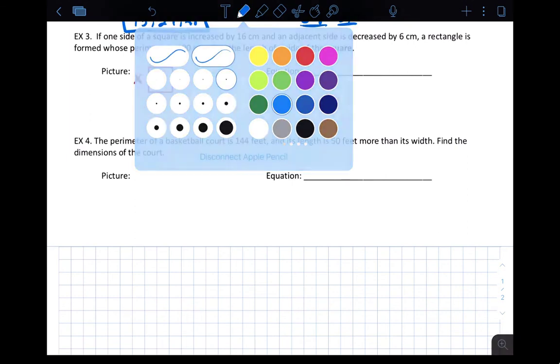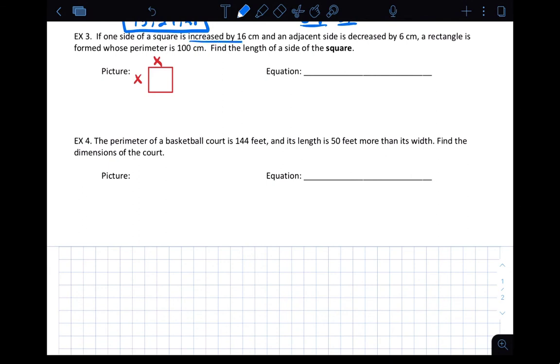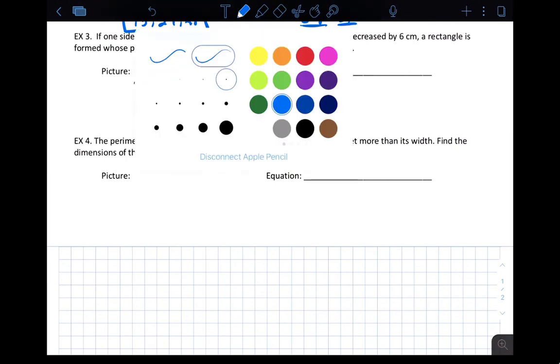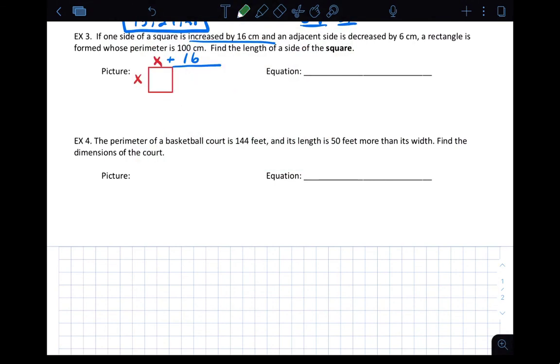With my square, I'm going to increase one of the sides. That means I'm going to make it longer by 16. In other words, I'm going to add 16 to that length, and that's going to be my new side. The other side, or the adjacent side, the adjacent side means the side next to it. So the side next to x plus 16 is now going to be decreased by